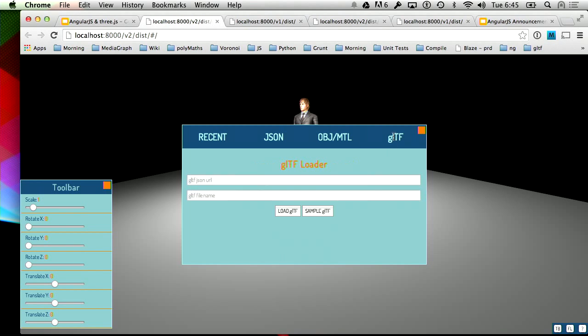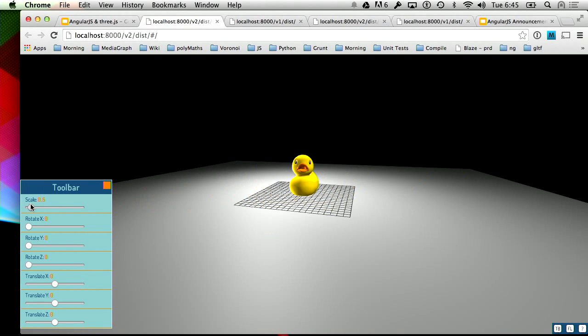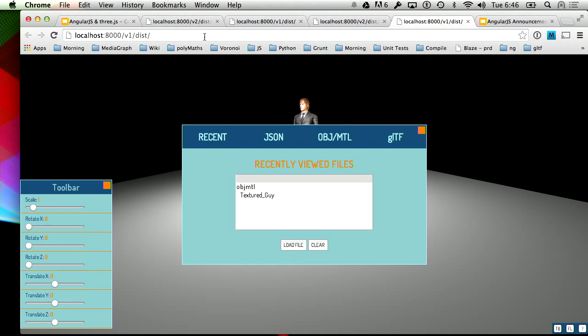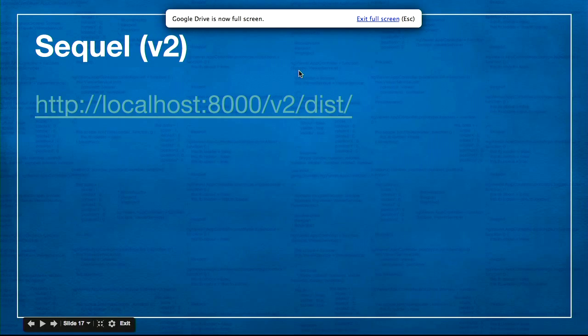And it's the same thing, right? Great. Yes, excellent. Got the little duck. Everything's happening. Notice I have a V2 up here versus the V1 over here. So it is separate code.